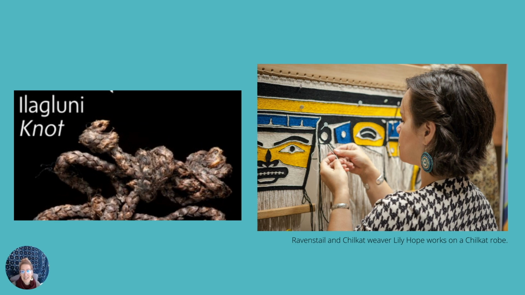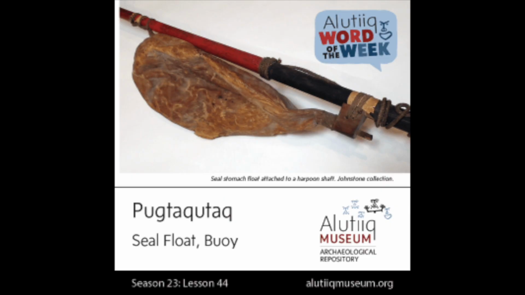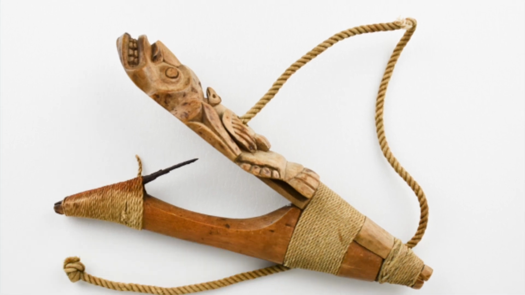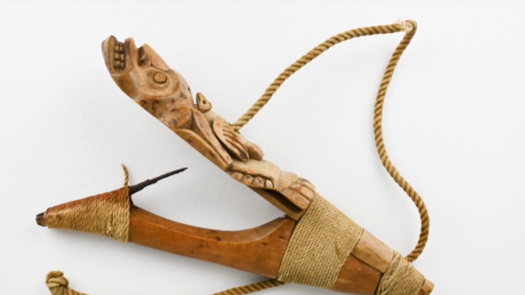In classical Alutiiq society, sturdy knotted ropes, cords, and lines were essential parts of many common tools. People secured harpoon points to shafts with twined cordage, towed sea mammal carcasses home with ropes tied to their kayaks, hunted birds with braided nooses, tied nets from nettle fiber, and retrieved fish from the ocean floor with hooks secured